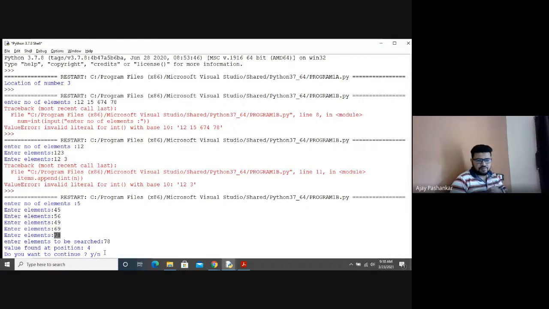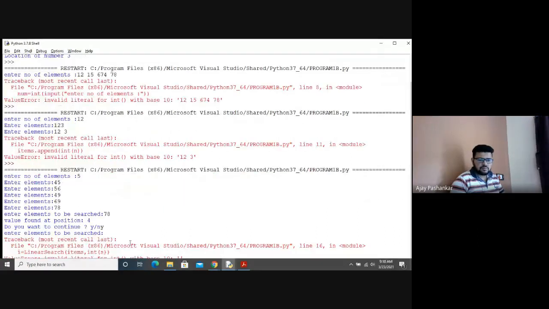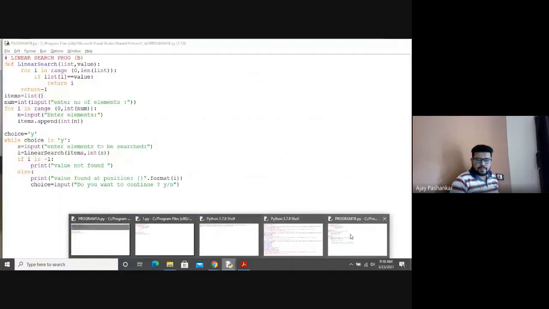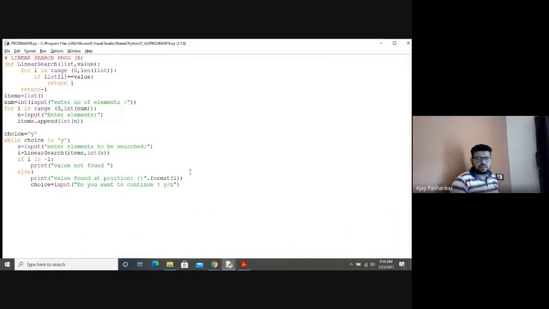Is it okay? Suppose you want to continue, just press Y. Okay, no issue. Enter elements to be searched. I have not specified that value, that's why it is giving an error. Suppose I want to specify 56, it will generate an error. No issue. So done with program 1B.